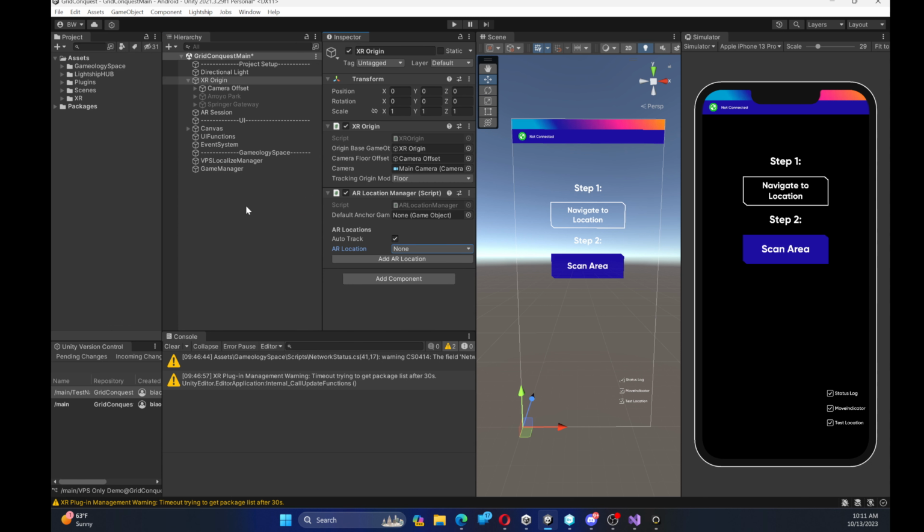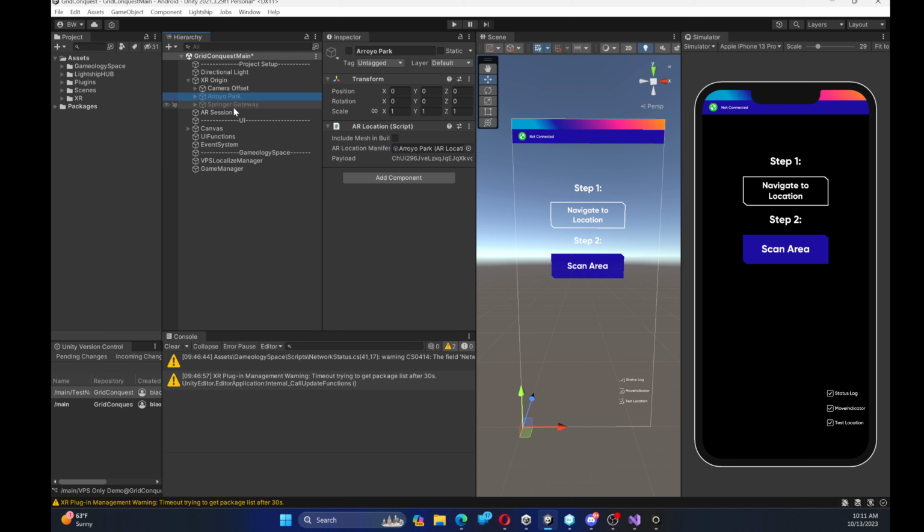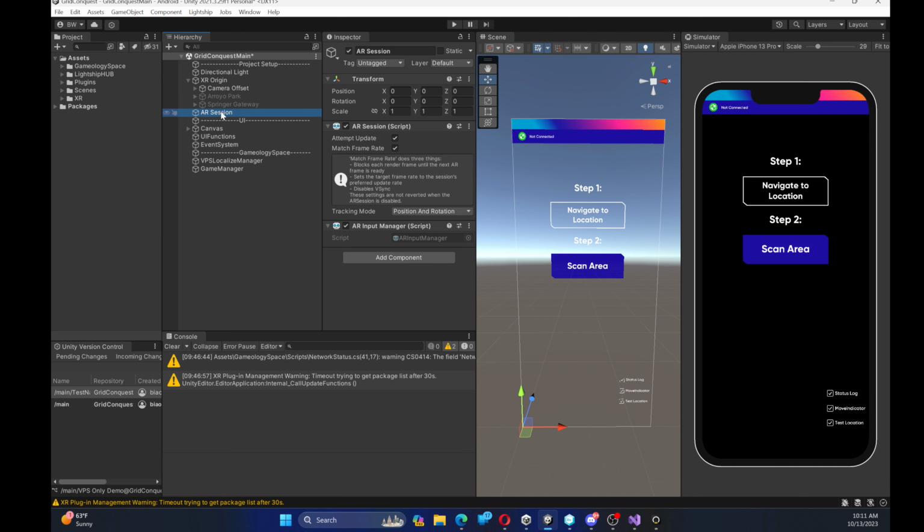Just like last time when I did the remote authoring tutorial, it's the same components you need: XR Origin, AR Location Manager, and I added 2 locations, one for testing and one for the actual game that I'm making. And then the other components you need are AR Session and AR Input Manager. So next step is